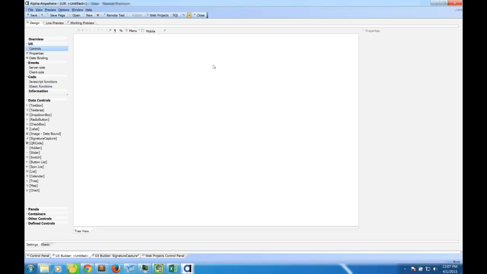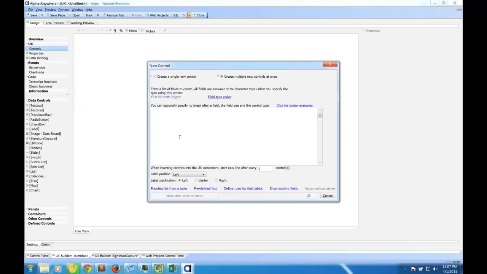Okay, so on the left now, we have our different things we can add to our form. On the right, we have the properties here. So let's make this simple. So the first thing I'm going to do is I'm going to connect this to the database. So I could go into data binding, pick the table, and do all that stuff, but I want to actually accelerate this process. So I'm going to go down to text box, click text box,